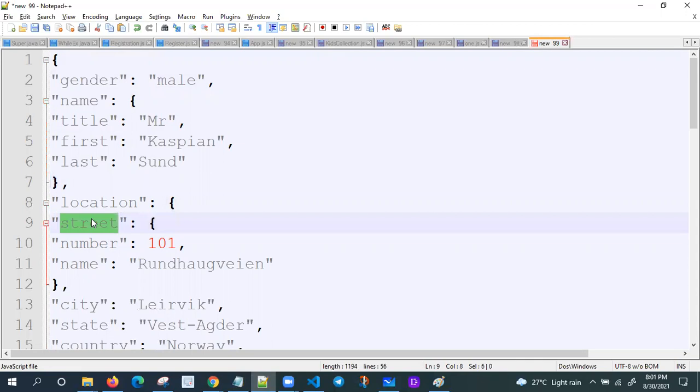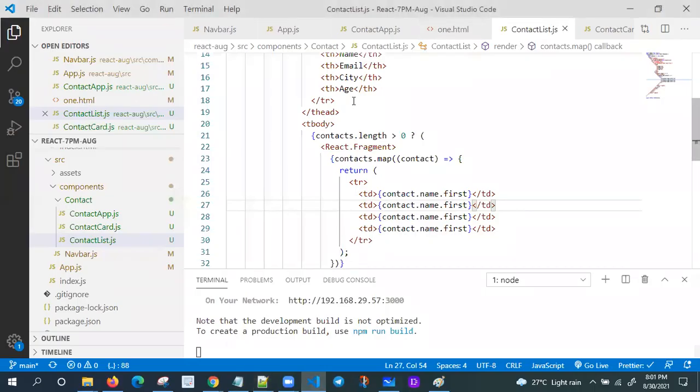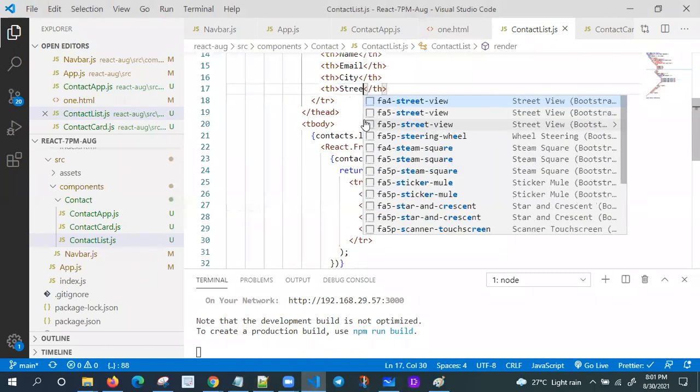We need to iterate like location dot street dot number like this. If you want a street name, you use contact dot location dot street dot name. So let me go to here, street name. This is a one street name. City, right? So the last one is city, street name.